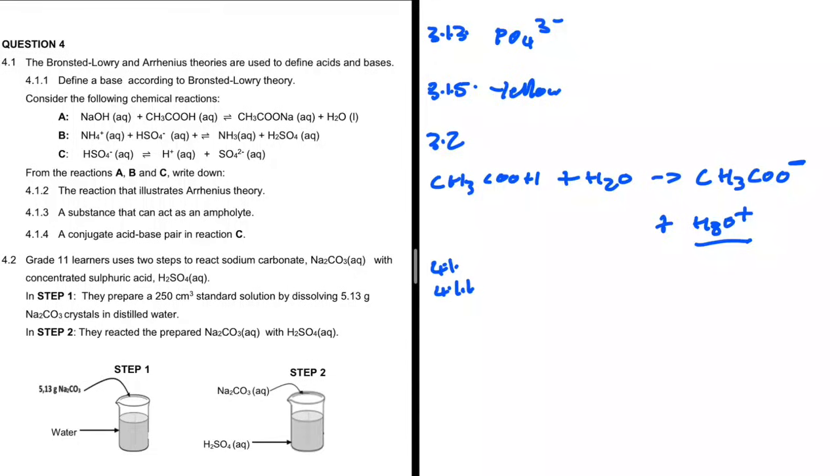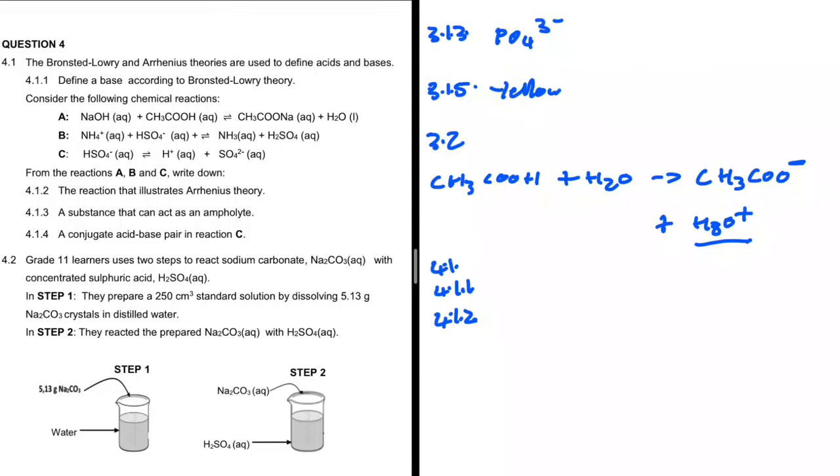Right, so that is 4.1.1. We shouldn't be getting that wrong. A base is a proton acceptor. Okay, 4.1.2. We're given a couple of reactions here, right? And then the question is asking for the reaction that illustrates Arrhenius theory, between A,